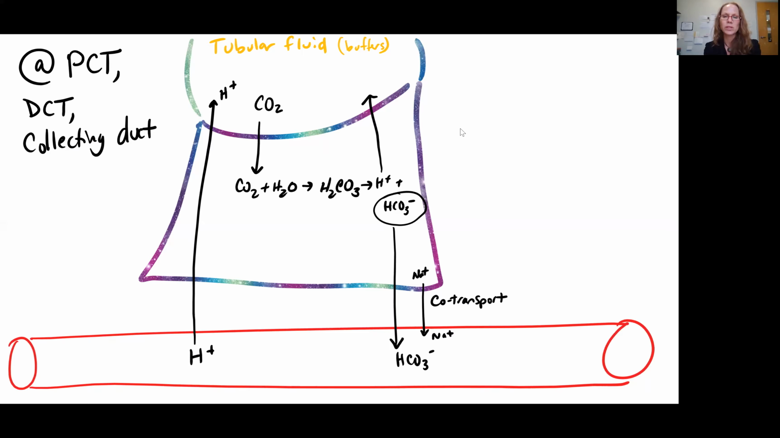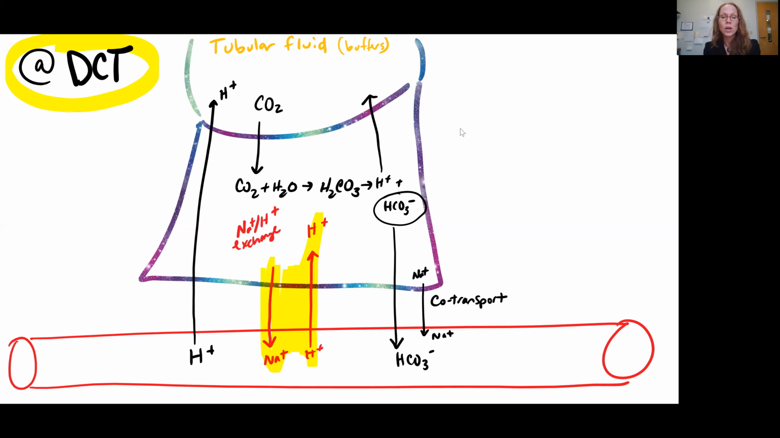The kidney is also helping to remove a little bit of CO2 by combining it with water to make carbonic acid and then using that to make more bicarbonate ion. So we're actually generating bicarbonate ion here at the kidney. Don't forget that there's co-transport of sodium and bicarbonate ion happening here, as well as co-transport or exchange with